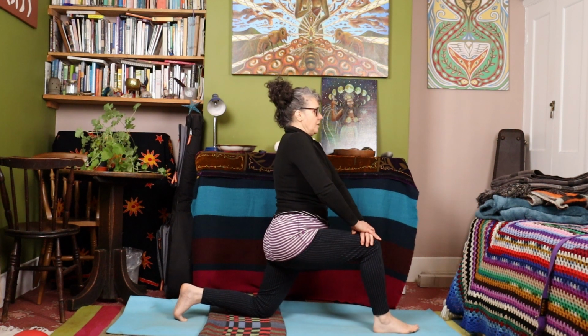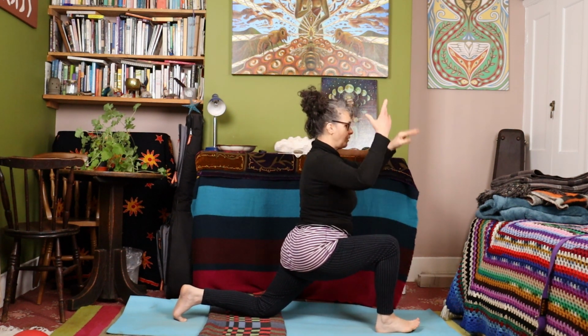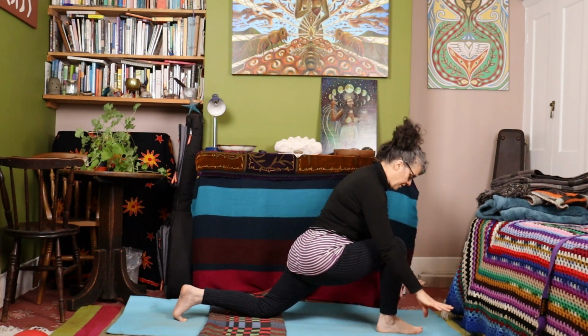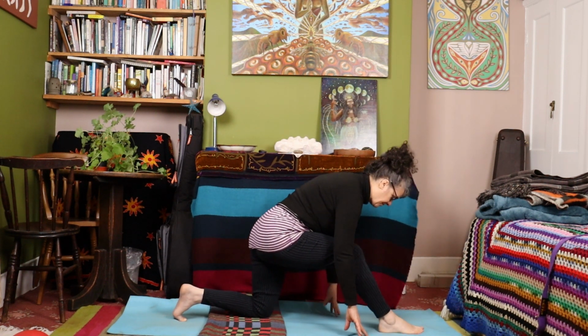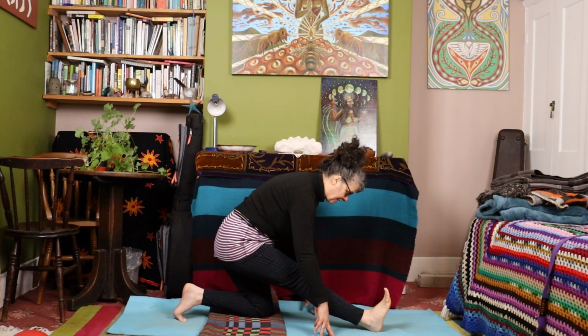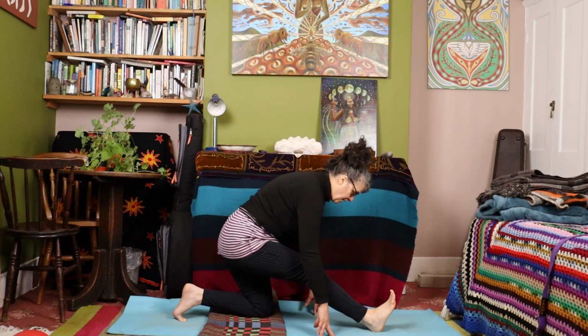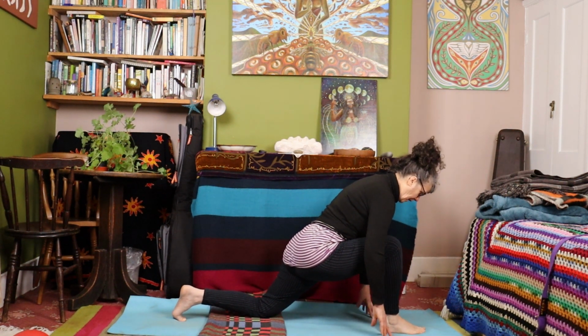So lunging forward, and then we're going to bring the hands down one either side of this foot, and then coming back into the half splits, rolling on that heel, opening the back of that leg again. And then we're going to come forwards again, and we're going to come back up,